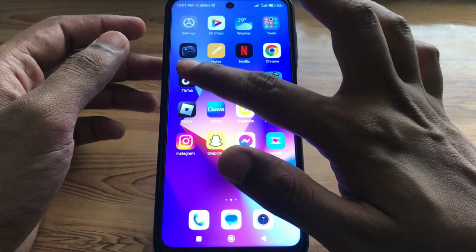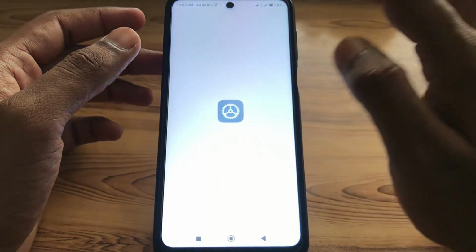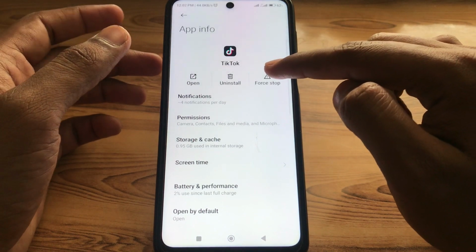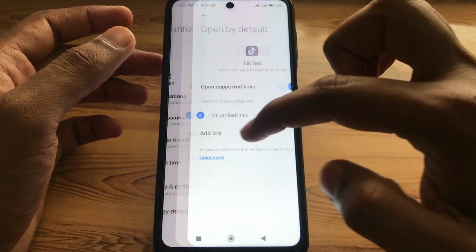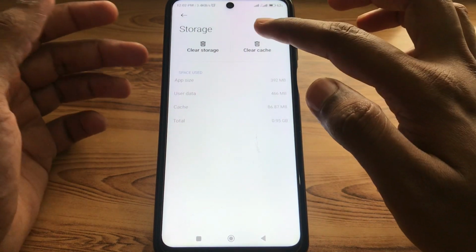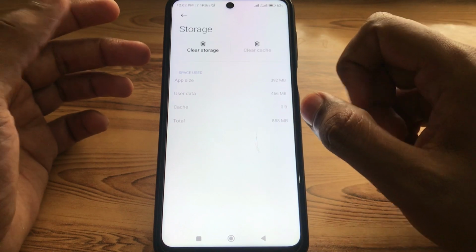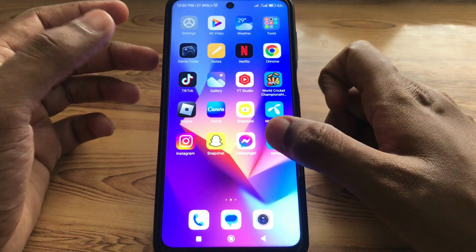And the next trick is that you have to simply press and hold your app, and after that click on app info. The first thing you have to do is simply click on force stop here, and after that click on storage and cache, and here simply clear the cache of your TikTok app, and check again whether it has fixed your problem